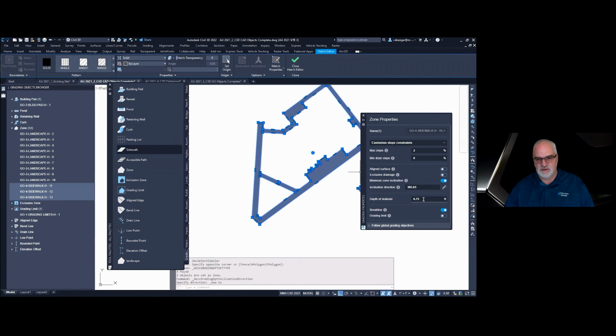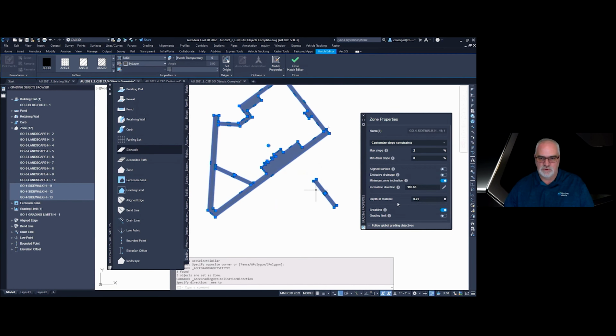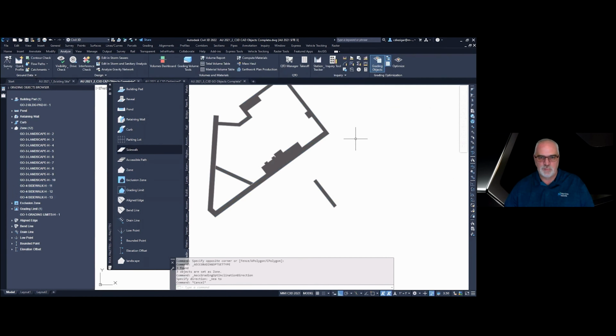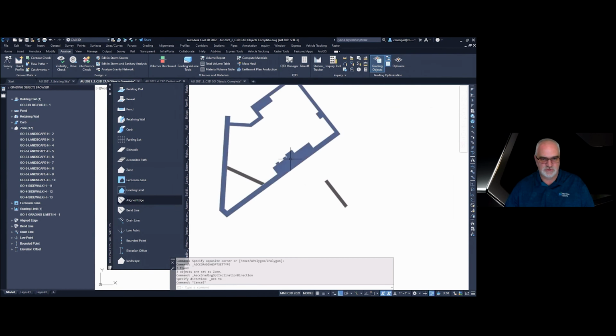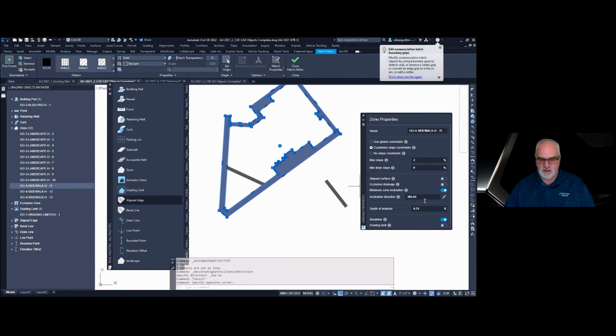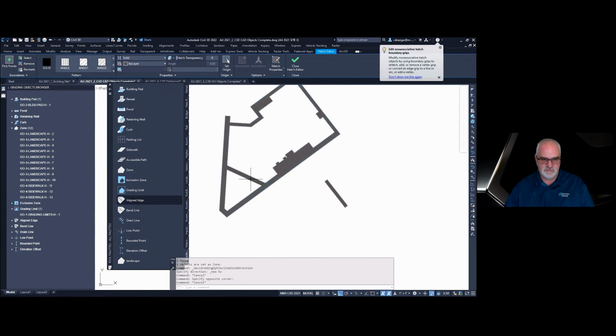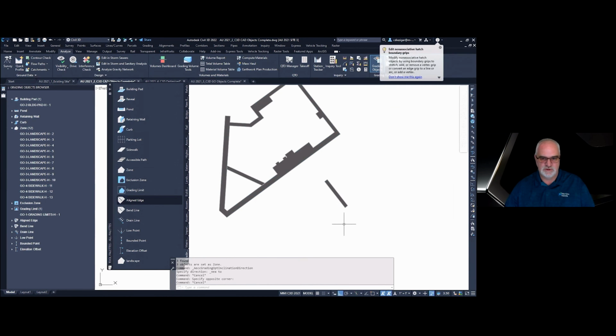You also can set the depth of material for it. So we're going to set that to 0.75. And that sets each of those. And now if I look under sidewalks or zones, because the sidewalk is a zone, it's added those 3 areas of hatch. So there's 1, and there's the settings of 2, and then 3.